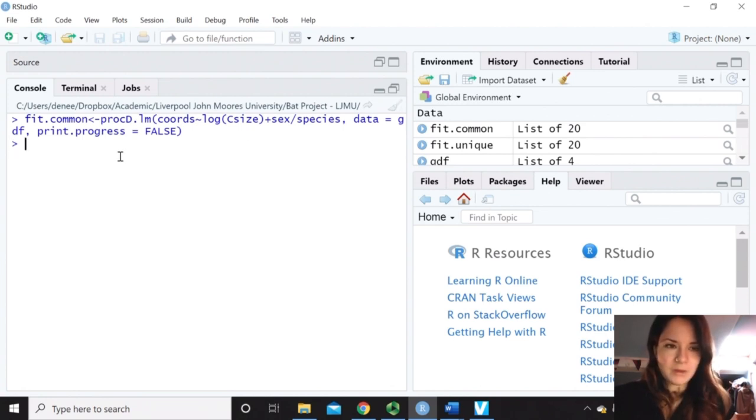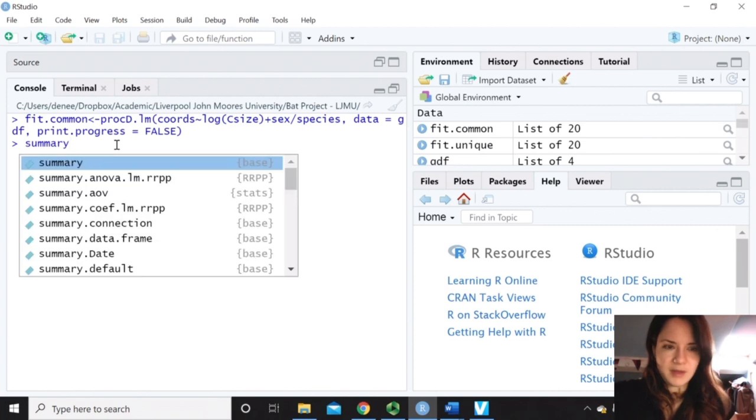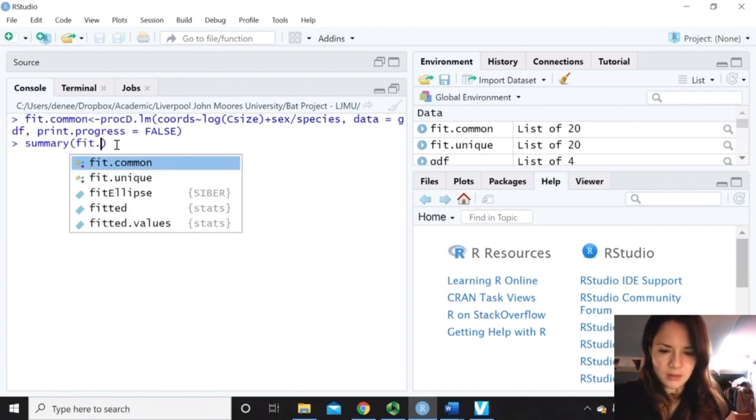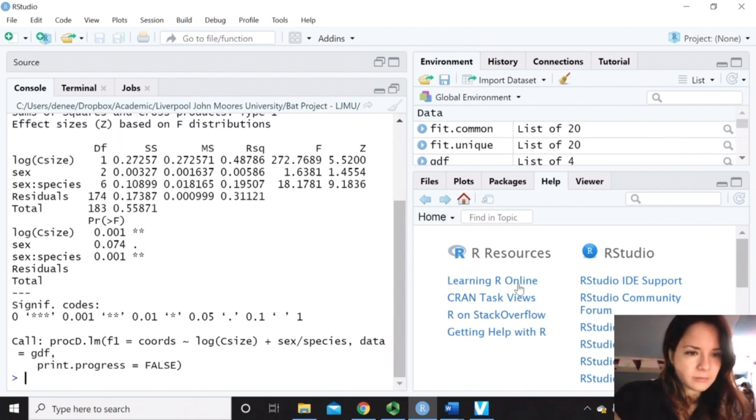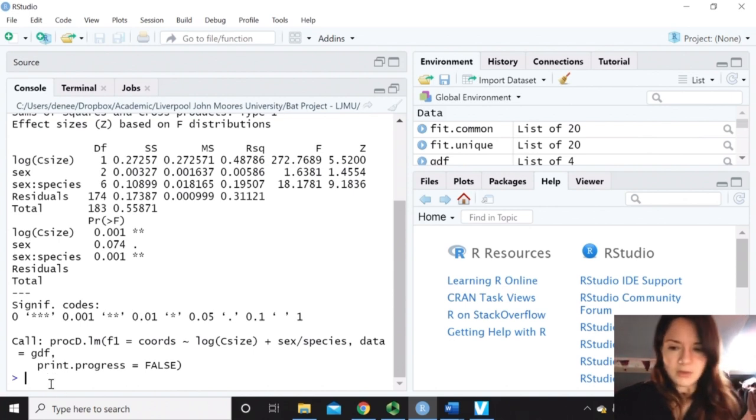And then we can do a summary of this, like so. We look at the influence of sex and centroid size and sex species. So what we can do is we can use the function pairwise and do a pairwise test which can be used to calculate the pairwise comparisons between group levels. So I do